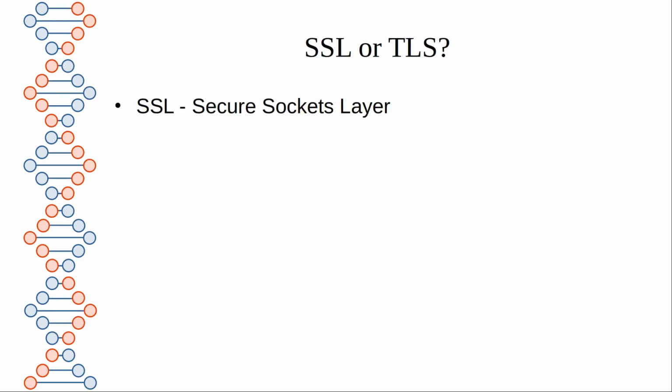So first, SSL. It refers to Secure Sockets Layer. It was the original encryption used for web pages. It is now deprecated, but is so ingrained in the language of the internet that people still refer to SSL when they actually mean TLS. So TLS is the replacement for SSL. It stands for Transport Layer Security. Version 1 came after SSL version 3, and it is the encryption technology used today. The current version is 1.3.